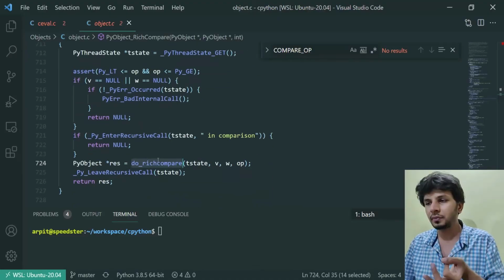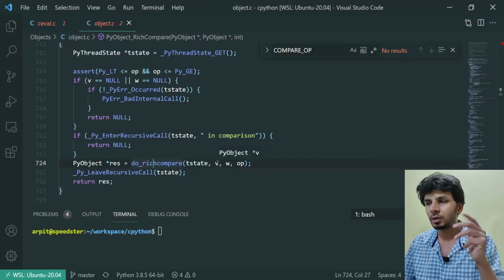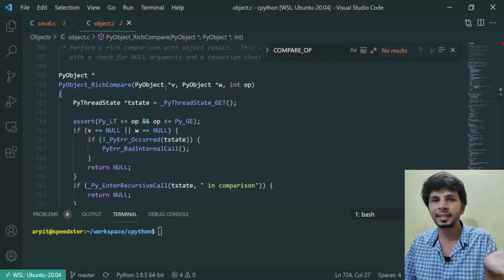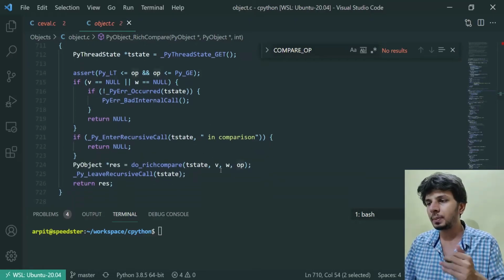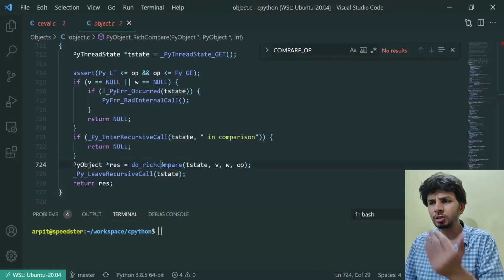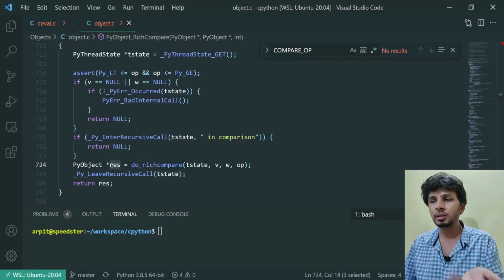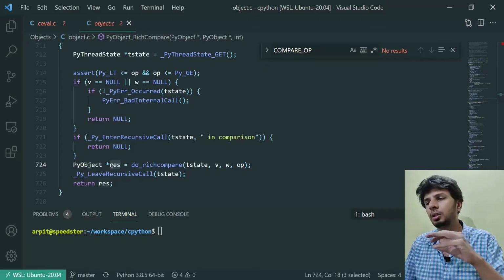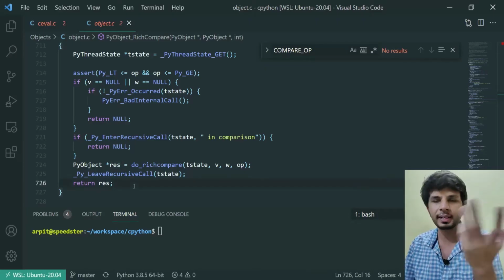Internally it invokes another function called do_richcompare, passing in some state, a v and a w. So v and w are basically the left and the right operand, along with the operator. It then takes the returned value and returns it.